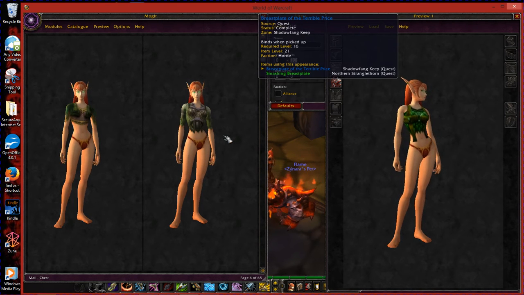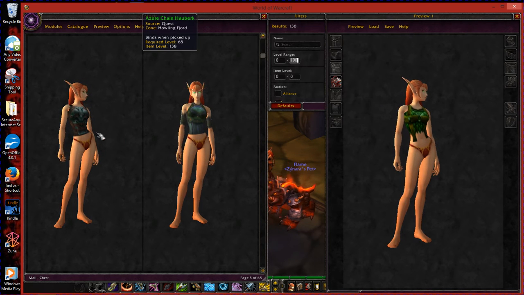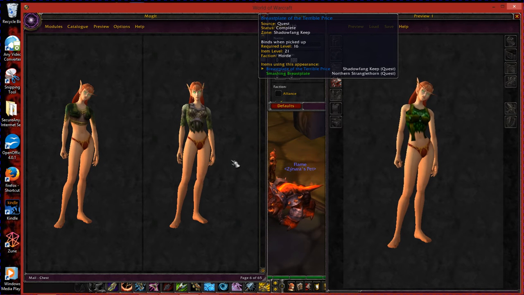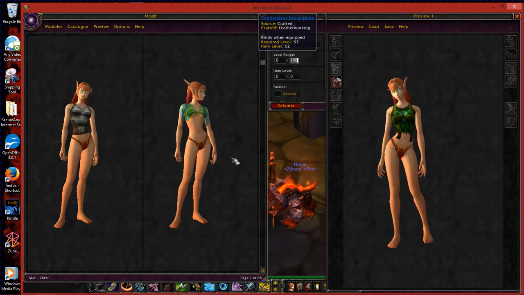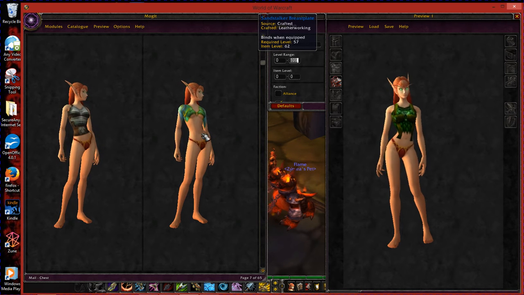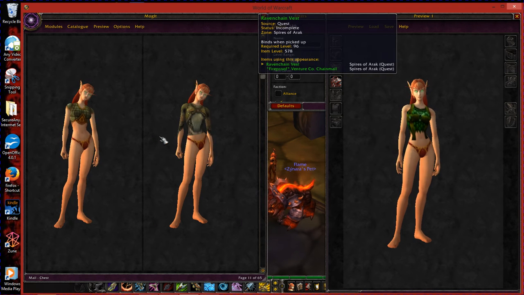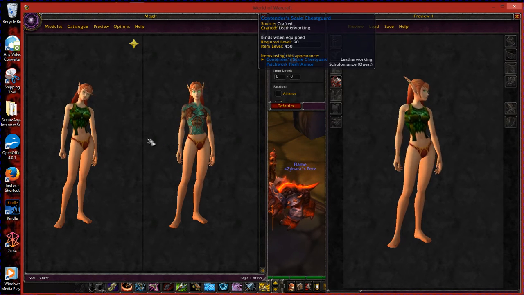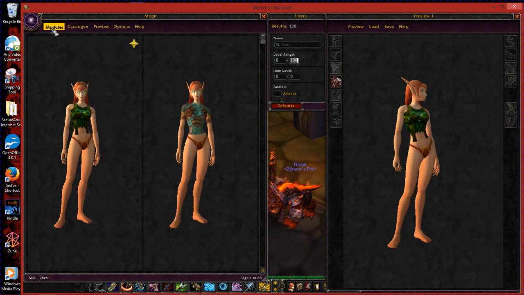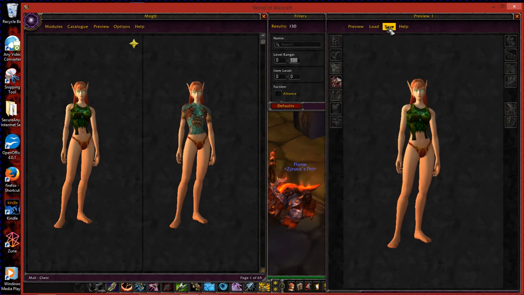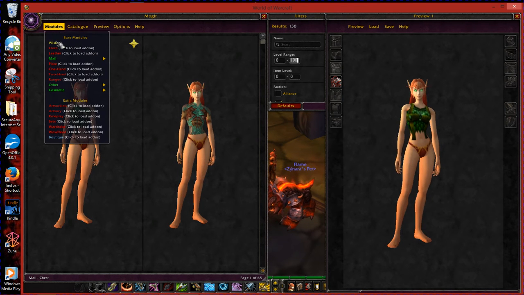As you can see, that's not perfect sorting because they have these not really even green colors before obviously green colors. It's not a perfect sorting, but it helps. And you just use your mouse scroll on the picture here, and it'll scroll through all the different items. But I'm going to go ahead and stick with this first one here just to show you what I am creating. Then again, once you pick your shirt, you hit preview so it comes over here and you can save the outfit for later. Then you go back to your modules because you now want to look for pants.